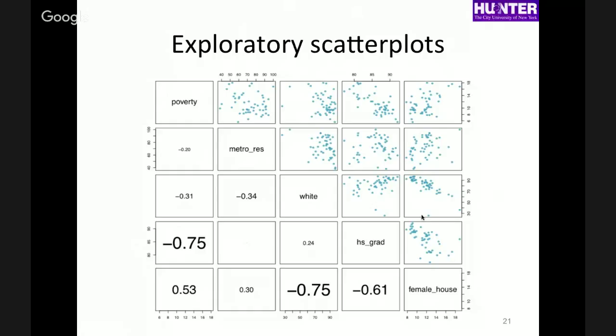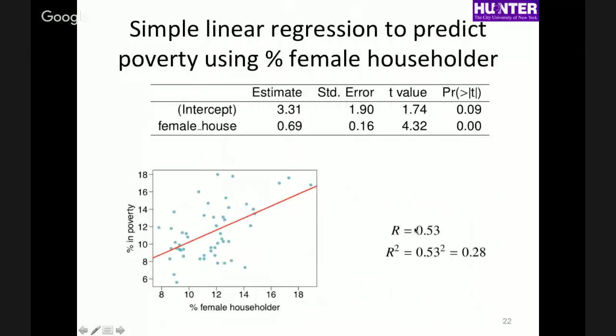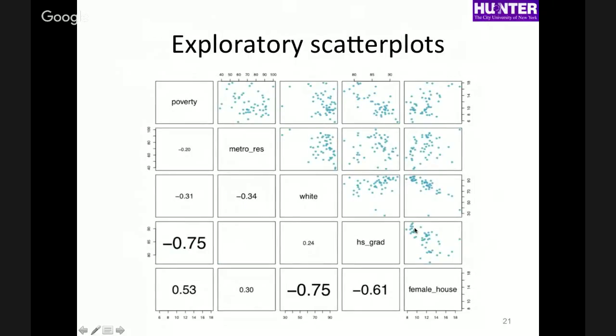It means there's a pretty strong relationship between high school graduation rates and rates of female heads of household, where there are higher percentages of female heads of household, there are lower high school graduation rates,